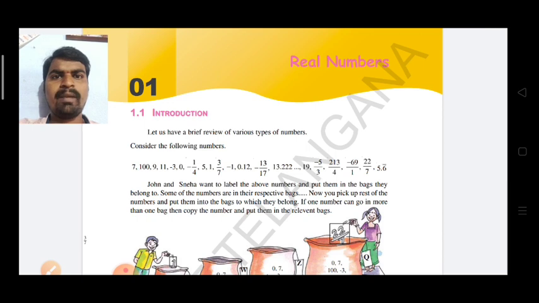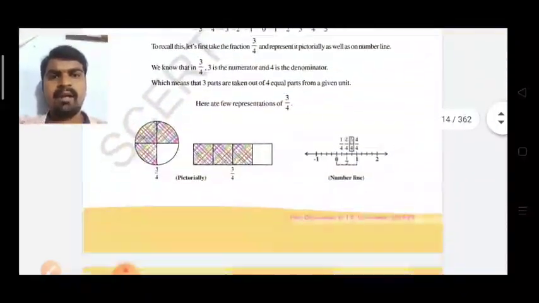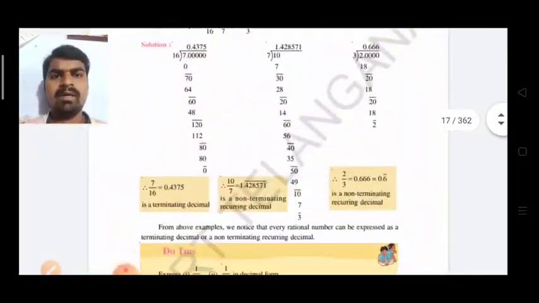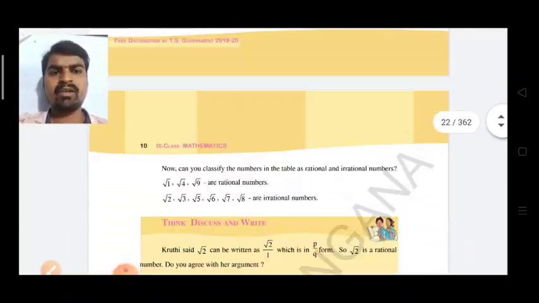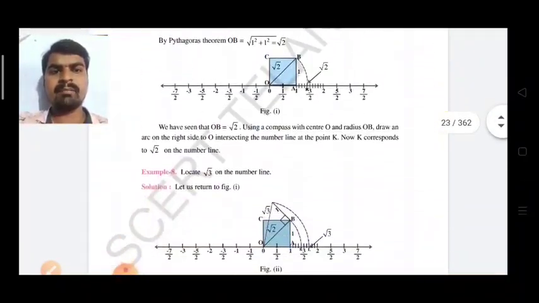Now, today's topic you know very well. Yesterday we already completed the representation of irrational numbers on the number line. So today we are going to discuss another topic. First of all, you observe here. Yesterday we completed it, but I didn't get the homework from some students. So, representation of irrational numbers on the number line.